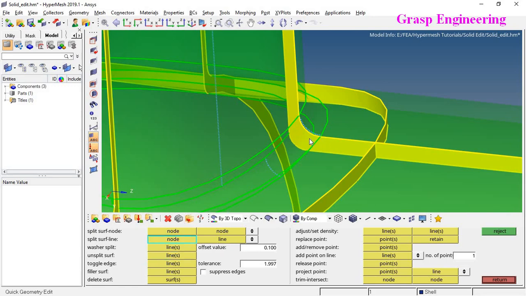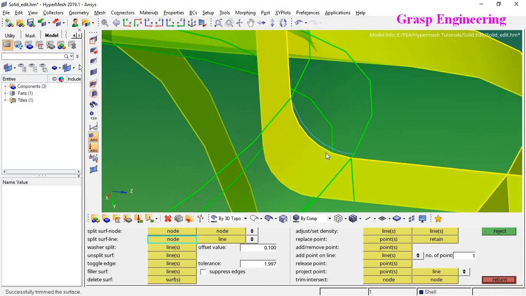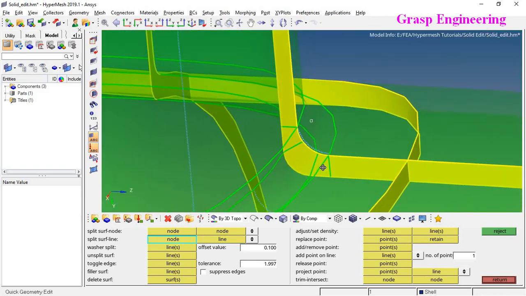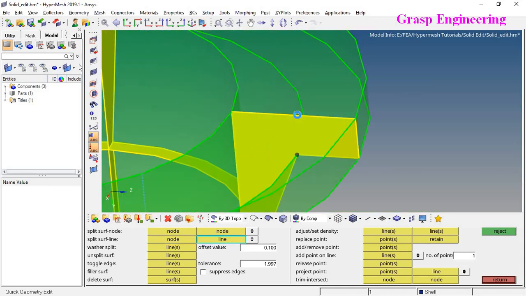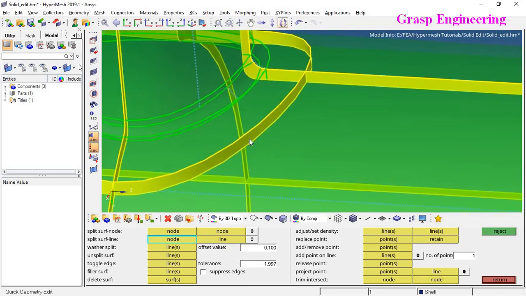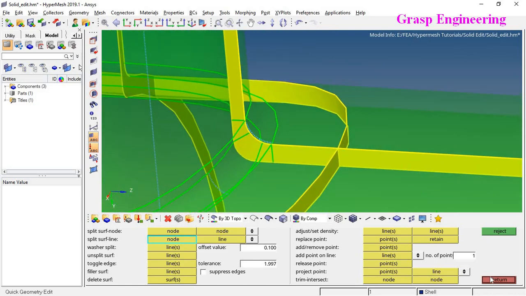Let's click on the node, select this point and select the bottom line, and you can see that a green line is created. Similarly repeat for this, similarly repeat over here. What I did was split that surface so that we create a proper quad mesh. Now let's finish this, and here you can even create splits if needed.